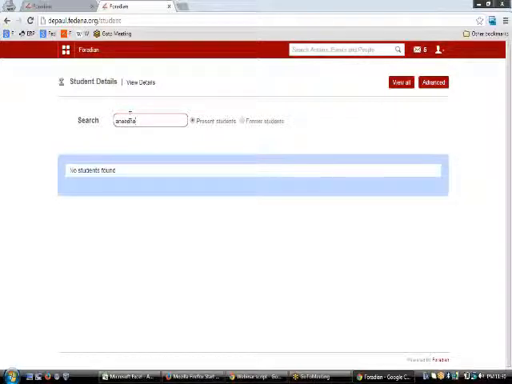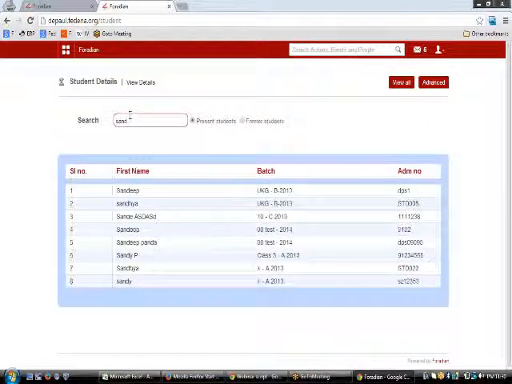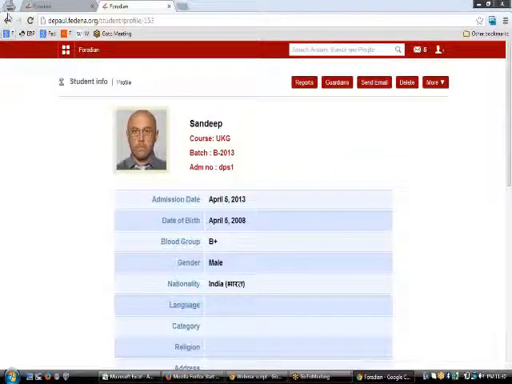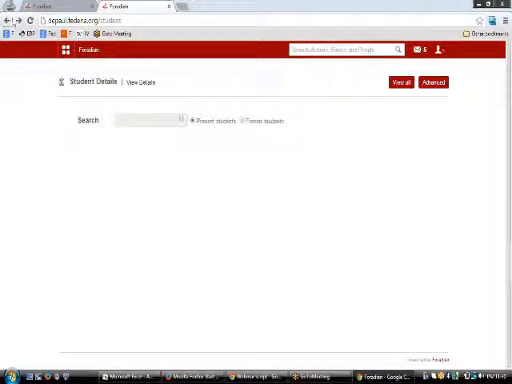Based upon the name you put in here, the best possible matches will be available, and you will be able to get students with similar names. You need to select the desired student from this list to get the details of the same. So this was all about how these students can be fetched.